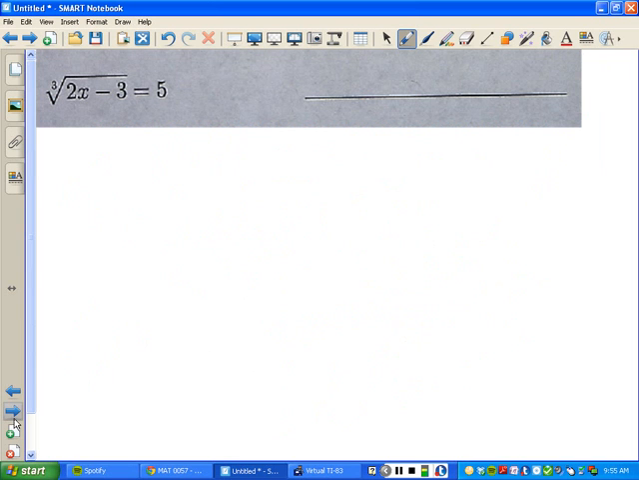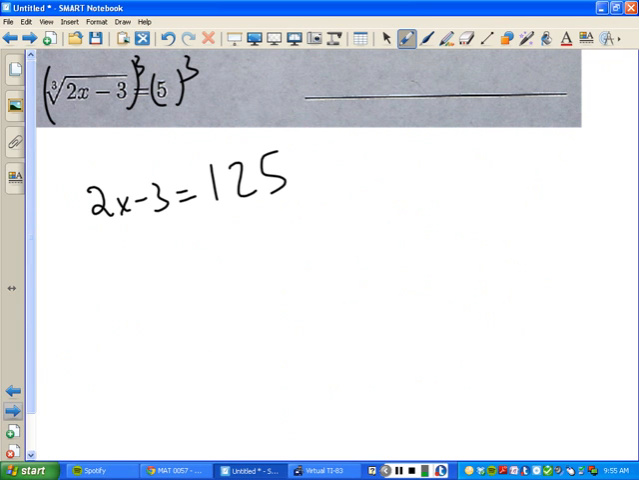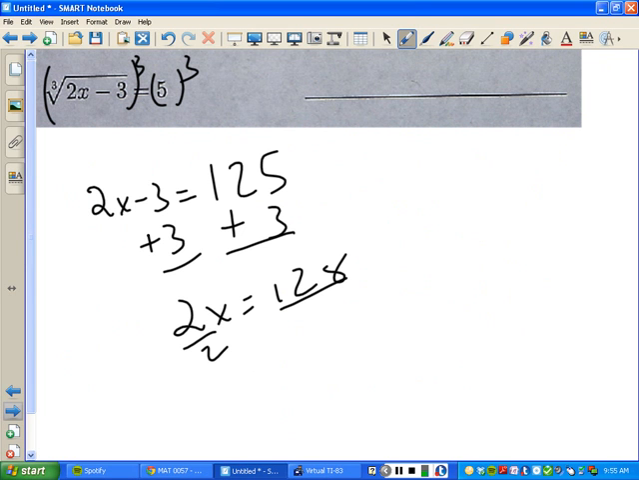How'd you do this one? This one, you're going to cube both sides. You're going to get 2x minus 3 equals 5 cubed, which is 125. You didn't even use your fingers or anything. Now, how do you solve? Add 3, add 3. 2x equals 128. Divide by 2, divide by 2. X equals 64. All right, with that being said,